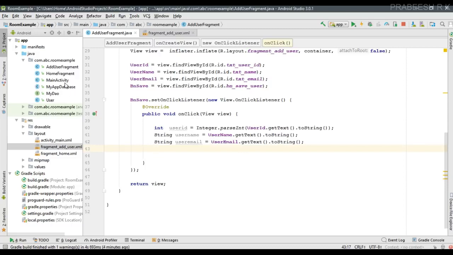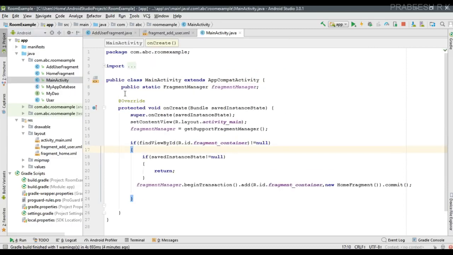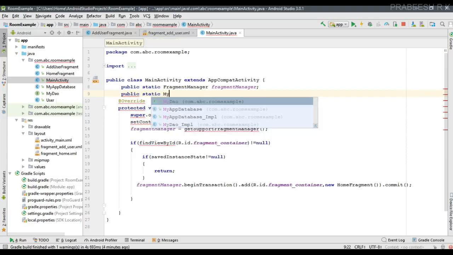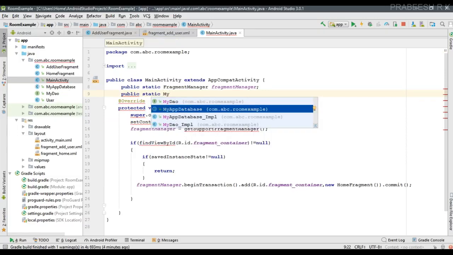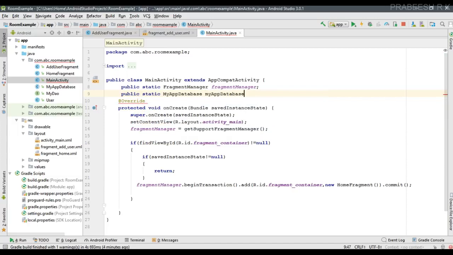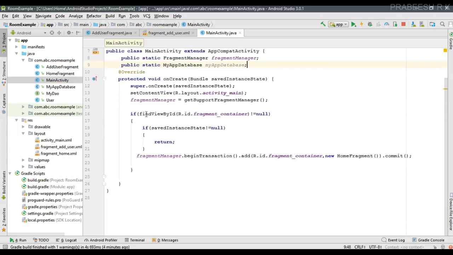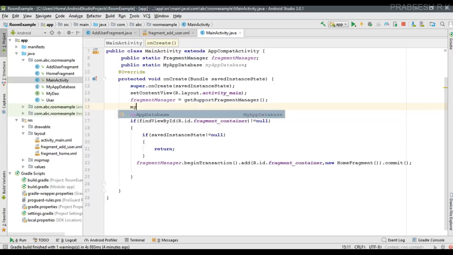For that, just open main activity. So here I am going to create some variables, public static. Here our database class is my app database. Create an object for that one, my app database. Now here I am going to initialize that variable. So my app database equal to